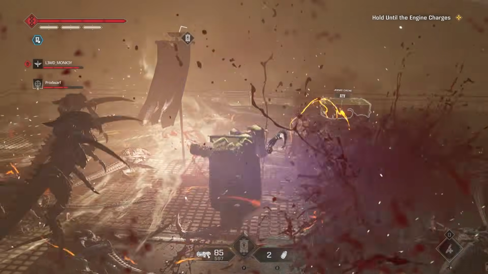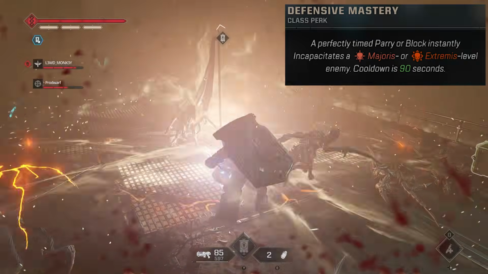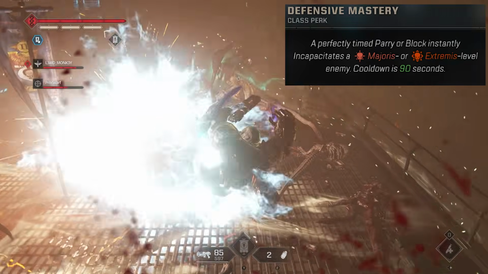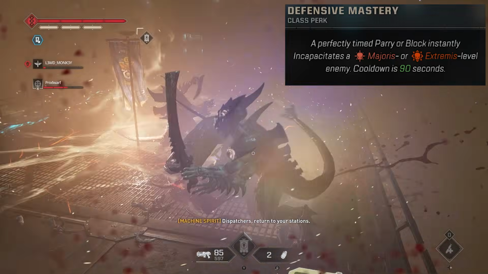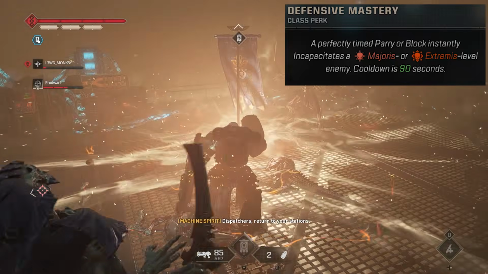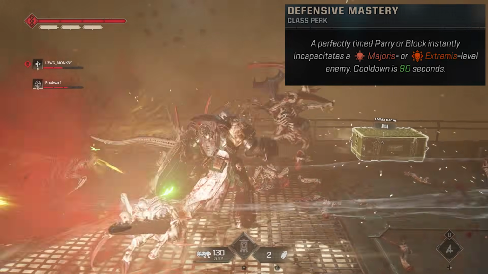The second option for the Bulwark is Defensive Mastery. This makes it so that a perfect parry or block will instantly incapacitate a Majoris or Extremist level enemy, and the cooldown is 90 seconds. Now, when they say incapacitate, this basically just means it can be executed regardless of what health it's at, which means you can have a perfectly healthy Lictor or Ravener come at you and try to attack you, and if